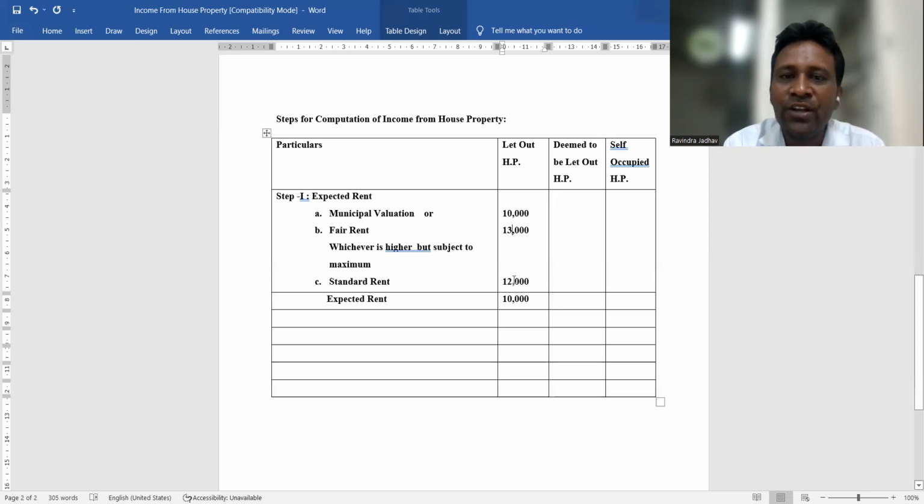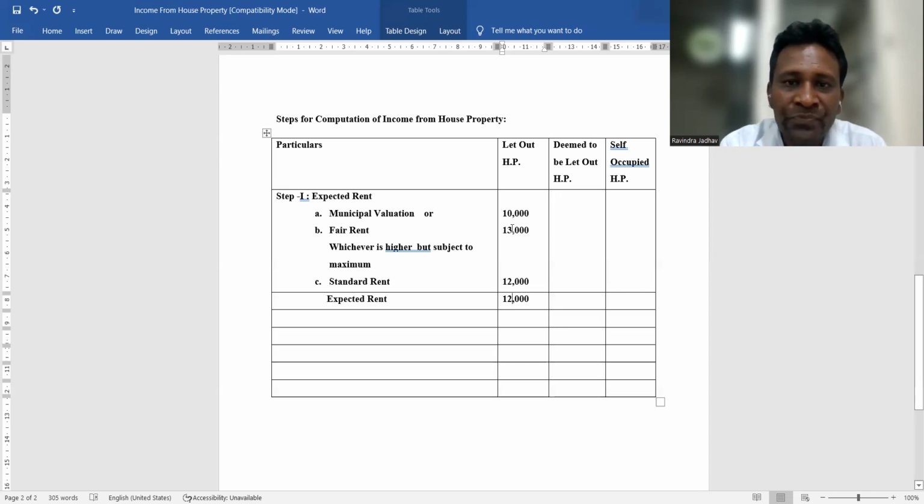Here 13,000 is more than rupees 12,000 and that particular rupees 13,000 cross the limit, and in this way we will just put the expected rent as a standard rent, that is rupees 12,000. 12,000 घेणार आपण त्या ठिकाणी, कारण 13,000 आणि 12,000 मध्ये 13,000 काय होतंय, क्रॉस करतंय लिमिट स्टँडर्ड रेंटचं, आणि तिथं